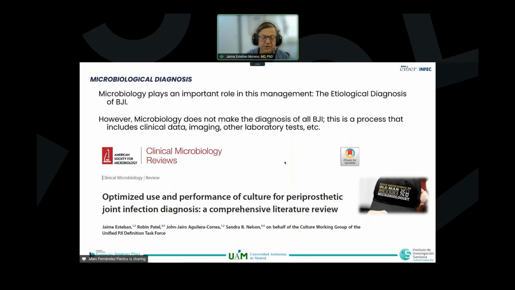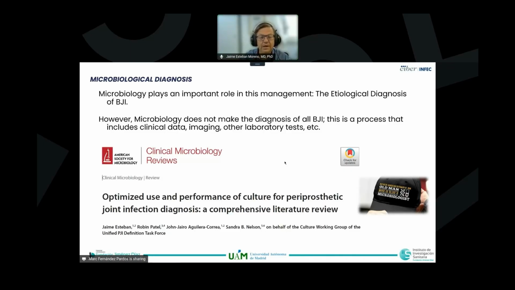This etiology is obtained by microbiological assays because microbiology plays a very important role in the management of these patients, because it performs the etiological diagnosis of bone and joint infections, including prosthetic joint infections. However, microbiology does not make the diagnosis of a bone and joint infection or prosthetic joint infection. This process also includes clinical data, imaging, and other laboratory tests, and a patient can have a prosthetic joint infection